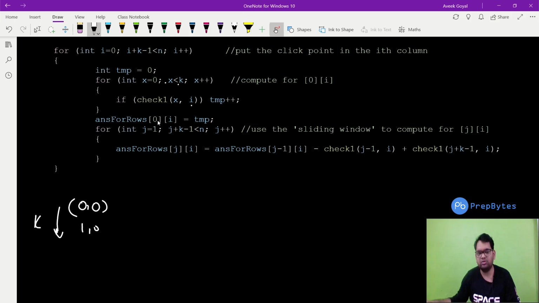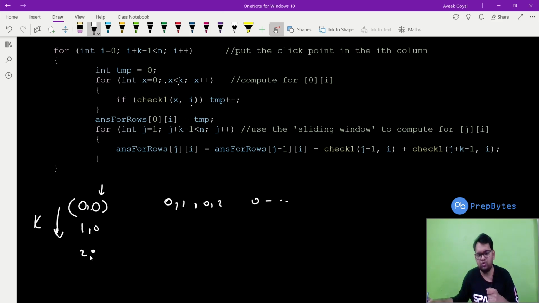Now the answer for rows is storing that for 0, this particular i value is 0, we will increment the temp, that is, if we click on 0, 0, how many rows will become white lines. Similarly, as the i value increases, this value will increase: 0, 1, 0, 2, 0, 3, for all this we will store. Now for 0, 0 we are done.